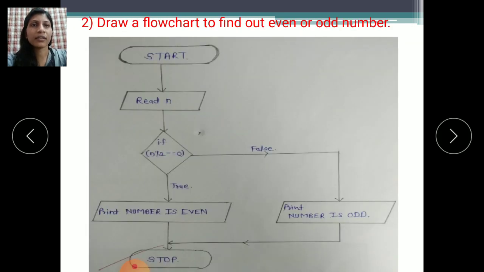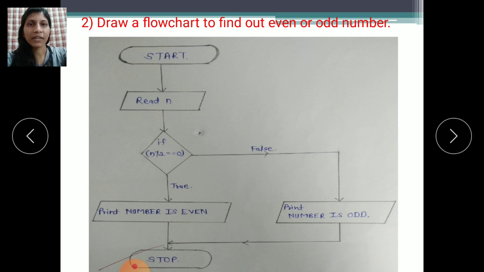Then the second example is to draw a flowchart to find even or odd numbers. What do you mean by even numbers or odd numbers? How do you find out whether a particular number is even or odd?